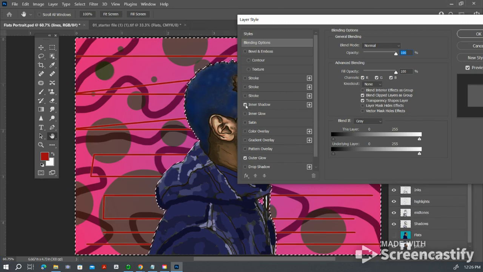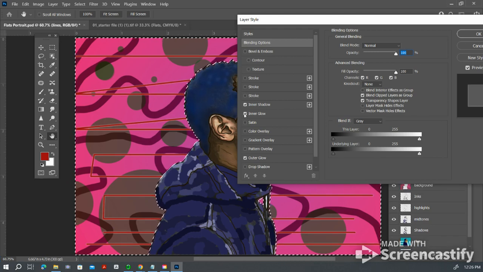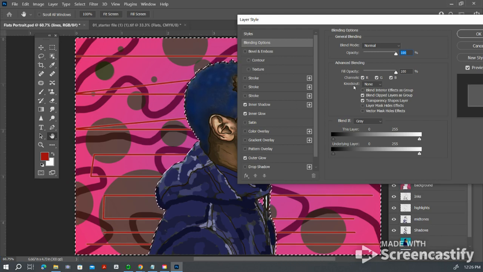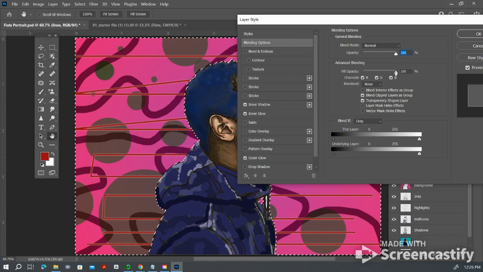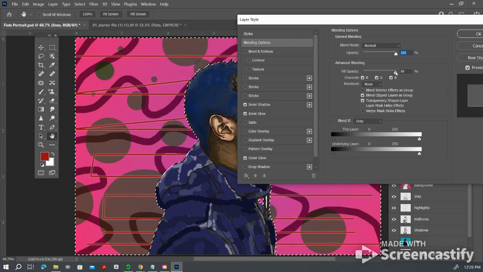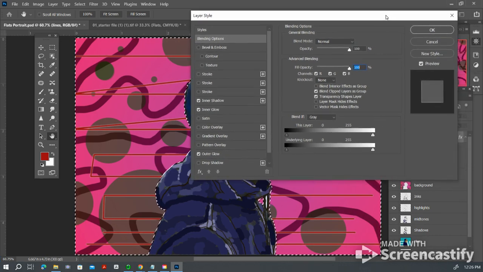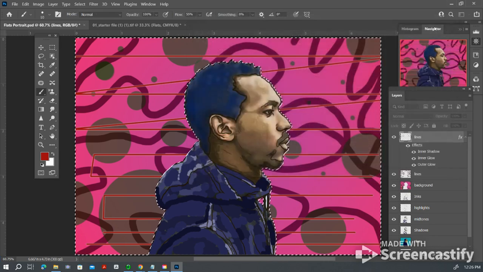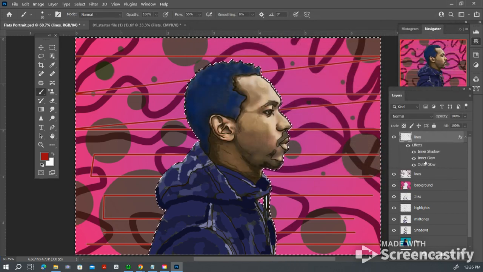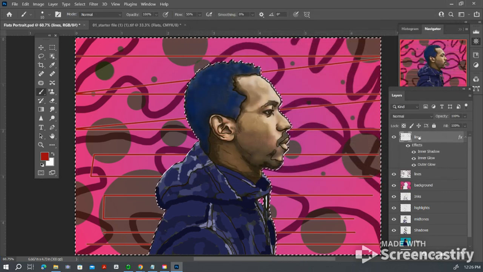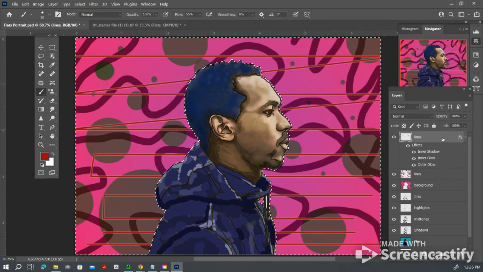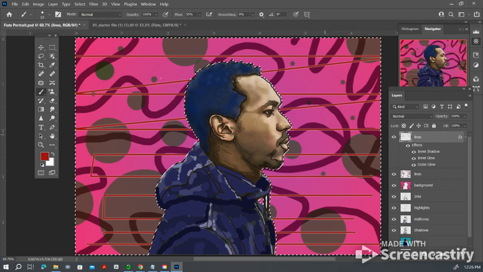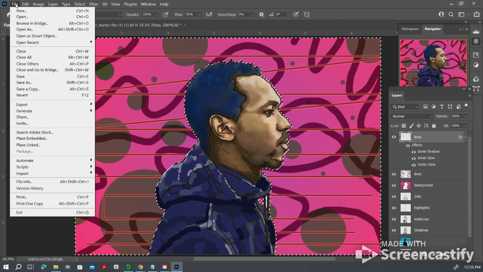So if you like these effects, you can try them in combination with each other, or you can just try one at a time. They do have some parameters that you can kind of play with these sliders. And if you find something you like, you can just okay it. And now I can see that I used about 3 different effects here on this very last layer of lines. Don't forget, you want to go to File and